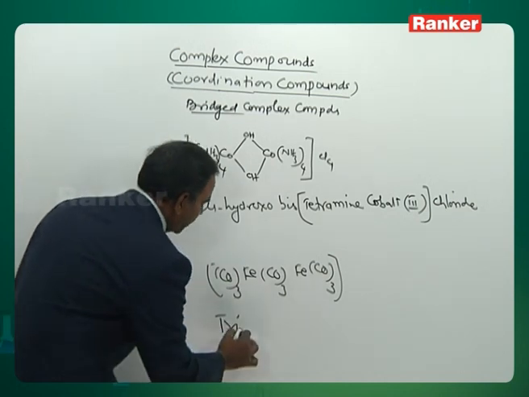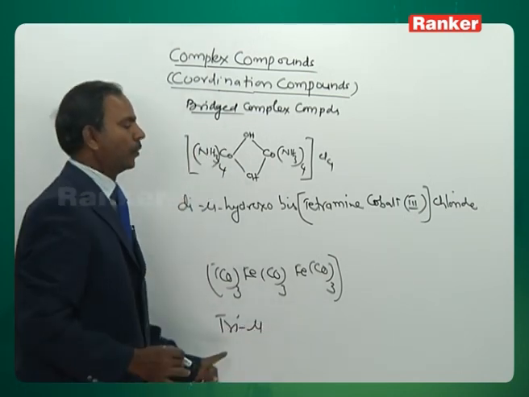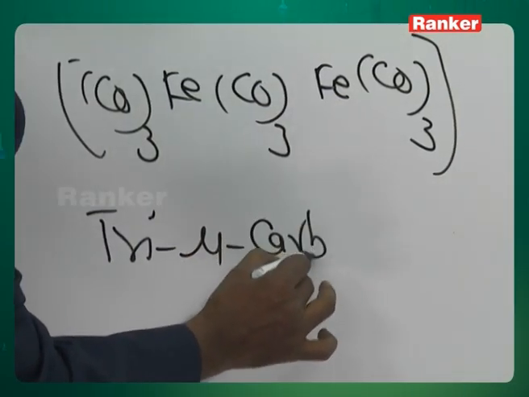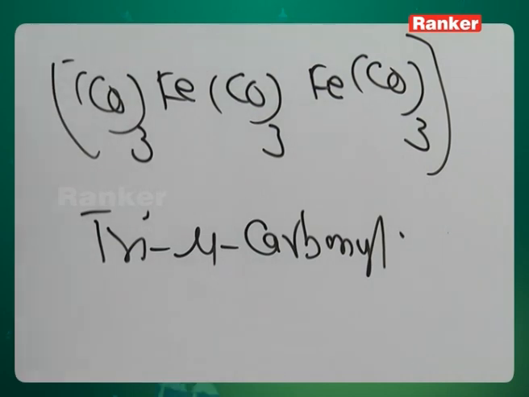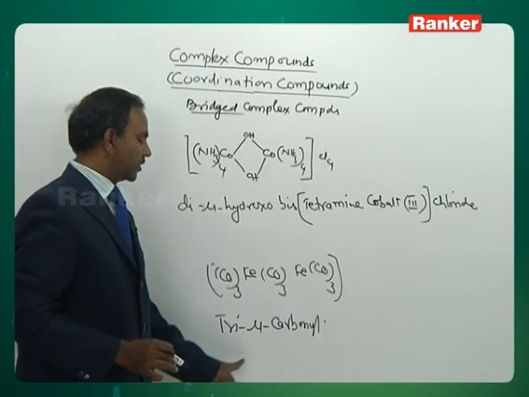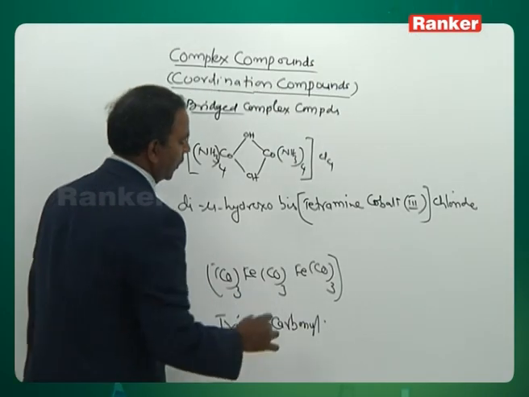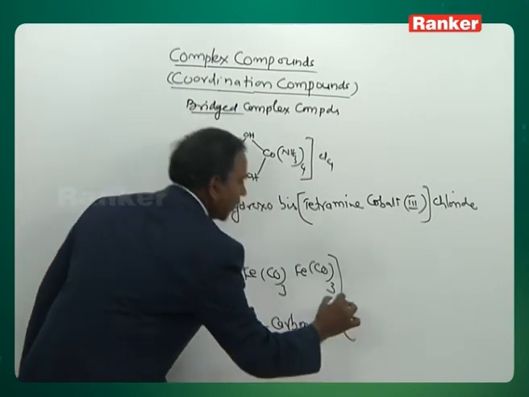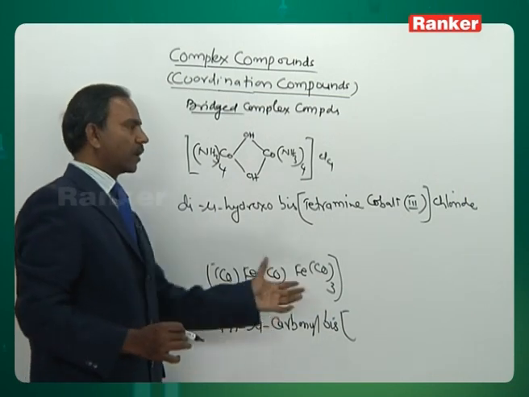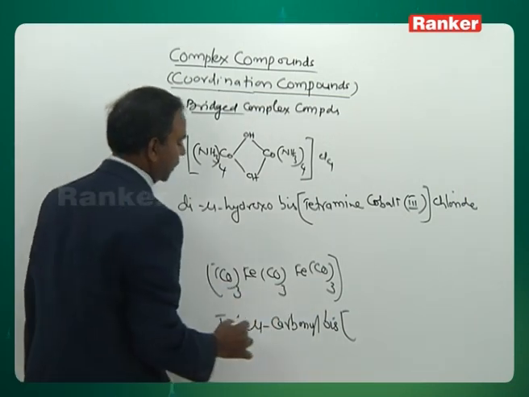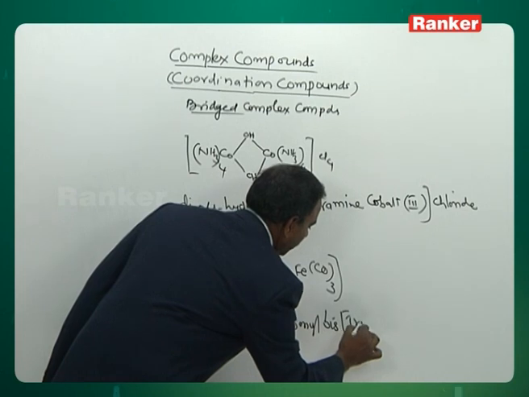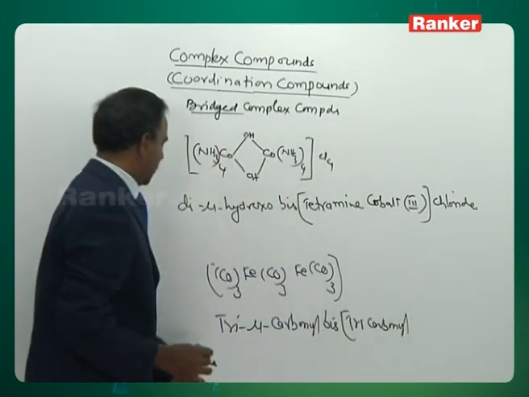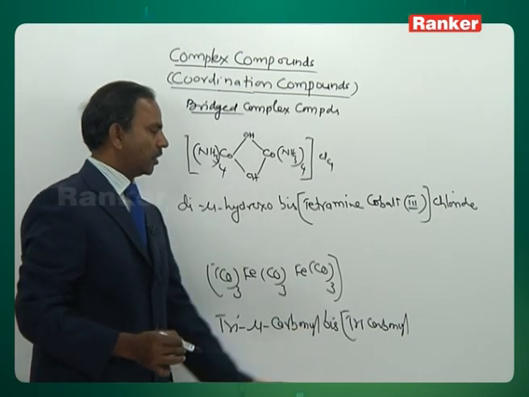Then to represent the bridges, what did I say? Mu. Tri mu. 3 bridges. What are bridging? Carbonyl. Tri mu carbonyl. Carbonyl are bridging. Next, to represent on either side, what did I say? Put bis and a big bracket. Then whatever is on either side, we represent as tricarbonyl. Trimu carbonyl bis, tricarbonyl,